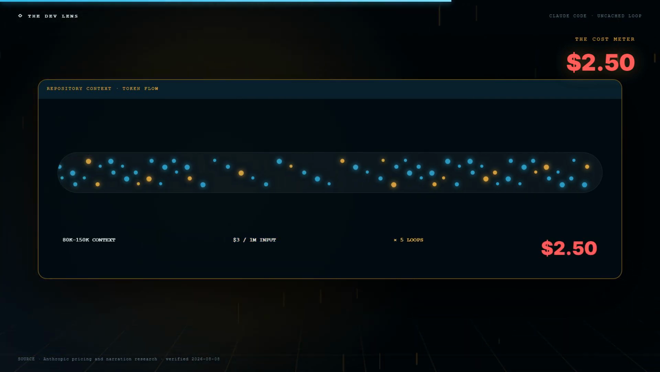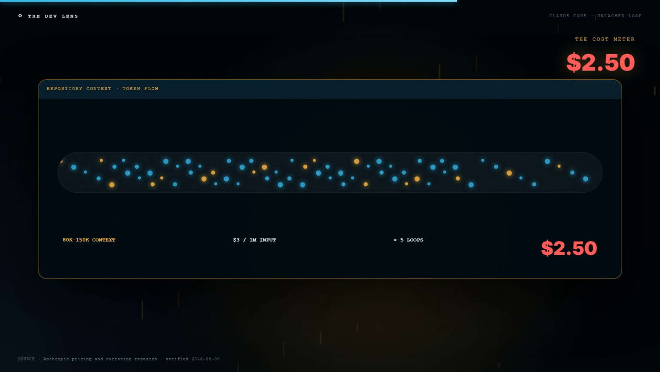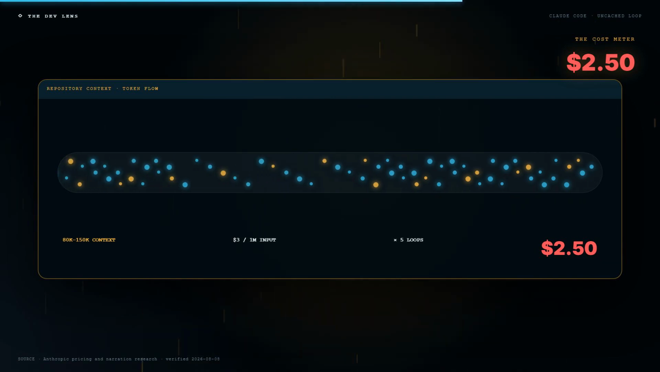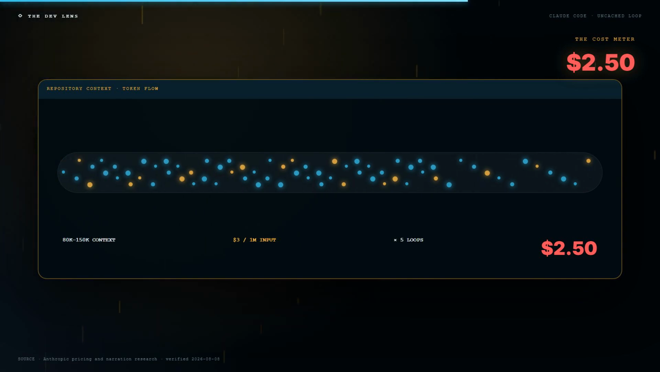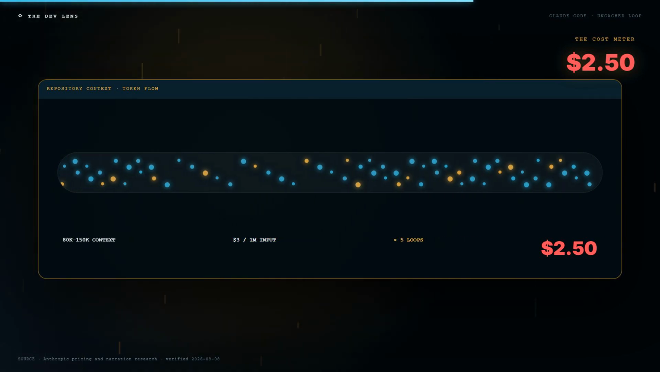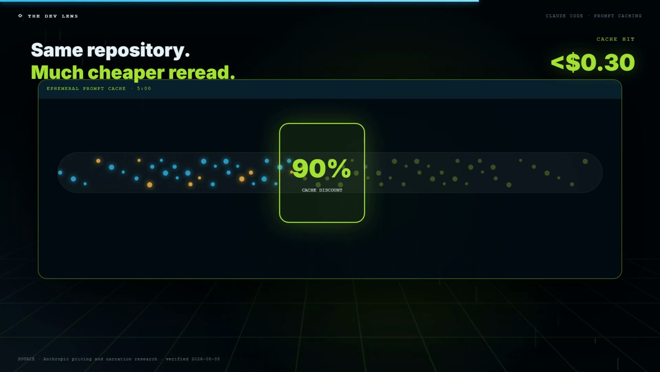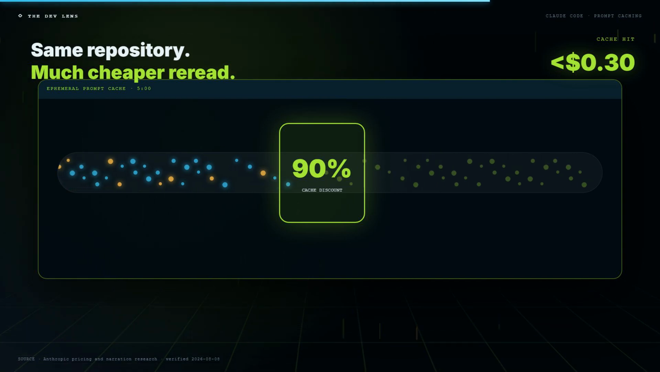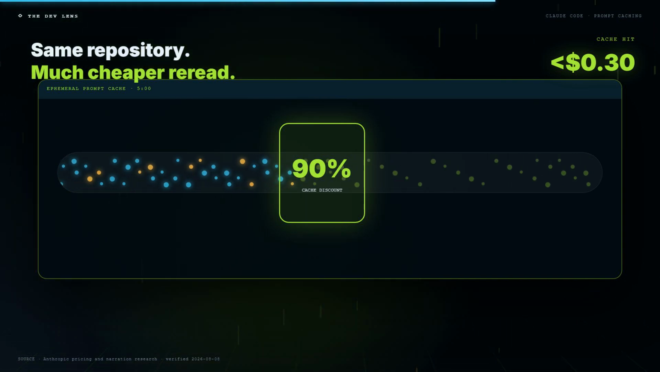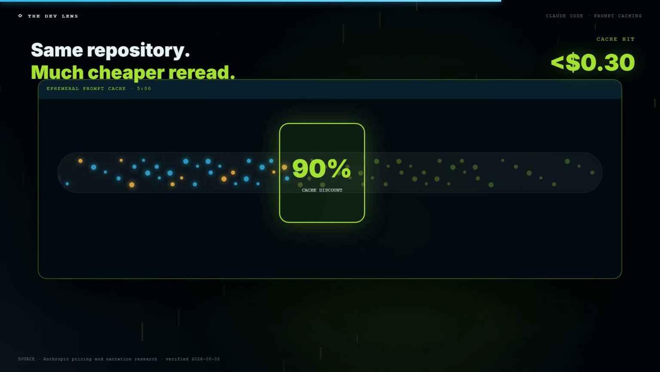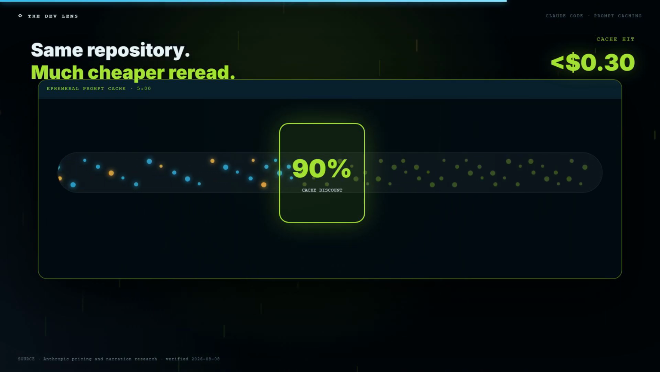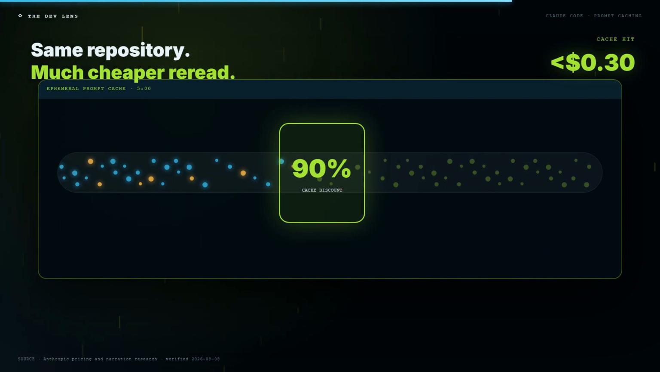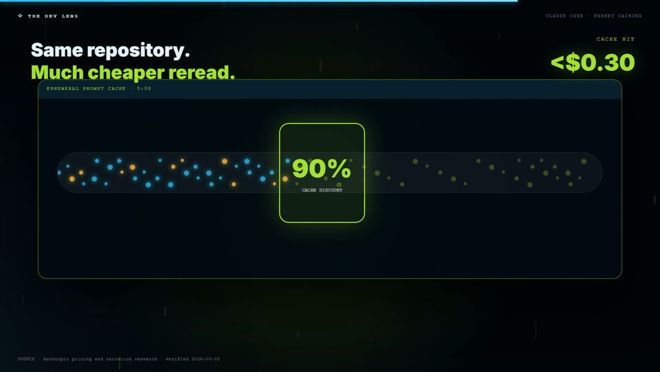At Claude 3.7 Sonnet rates of $3 per million input tokens, 5 iterations of an uncached loop cost nearly $2.50. However, Claude Code leverages 5-minute ephemeral prompt caching because system prompts, repository trees, and CLAUDE.md persist between iterations. Cached input reads drop to 30 cents per million, a 90% discount bringing feature cost below